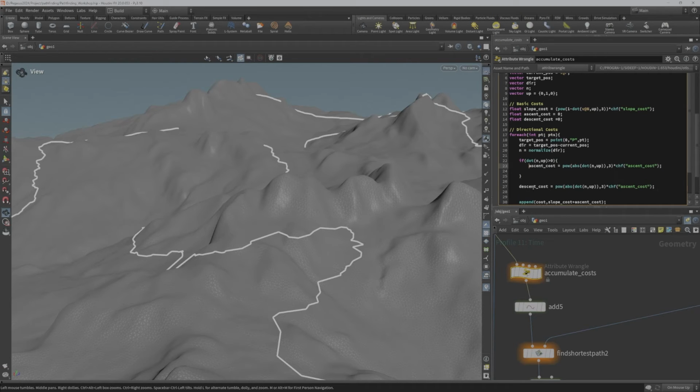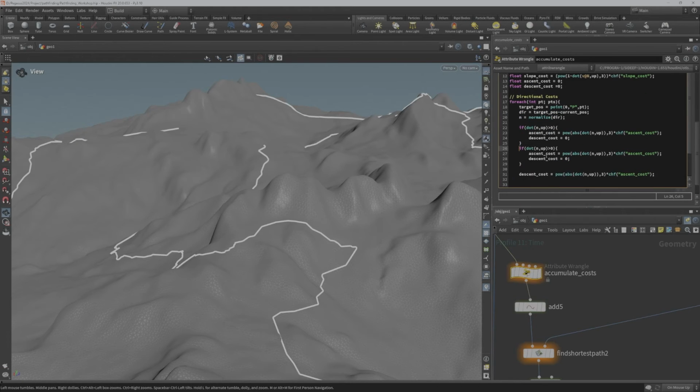Additionally, if we're traveling up the slope, then we need to ensure that the descent cost is set to 0. Similarly, we need to do the same for the descent cost, except the inverse. So we're going to say, if the dot product of n and the up vector is less than 0, then we're going to set the descent cost to